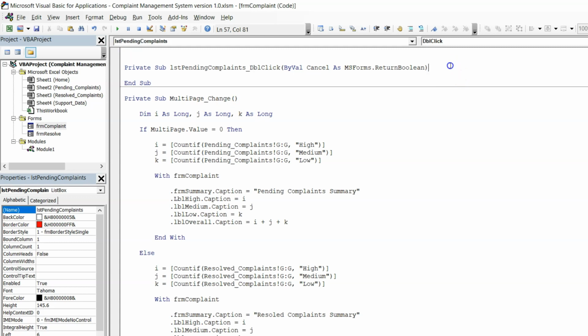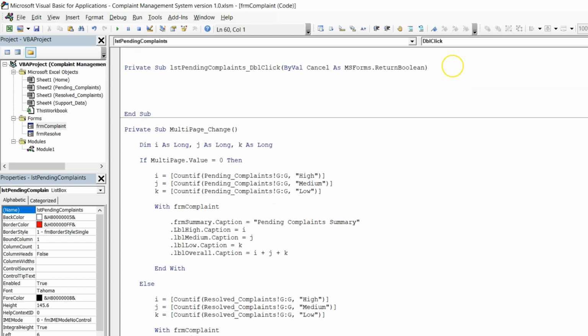And now we need to write the code so that it will open the frmResolve form along with the required data, basically the selected row. Okay, so let's write the code. First of all, we need to validate whether the row on which a user has double clicked has some data or not. If that particular record has no data, then we will not proceed with opening frmResolve. If that particular row has some data, then we will open the frmResolve window. Okay, so to do that, let's start with